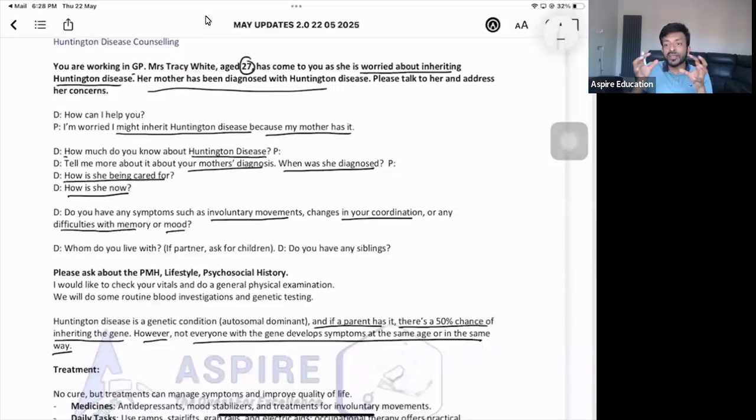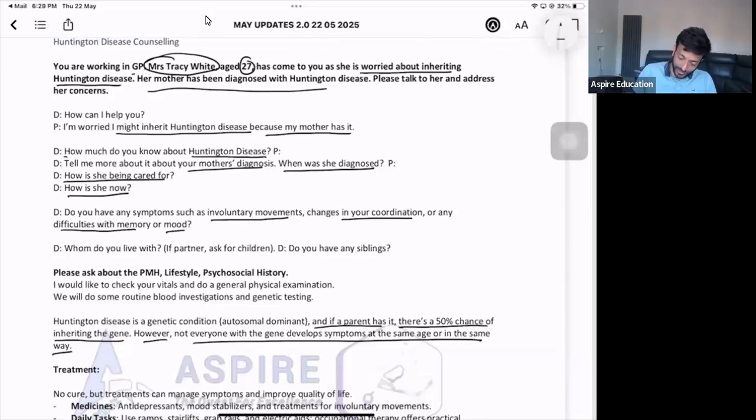So what I would like you to do in most of these scenarios is don't only think about this patient, think about others as well. Who else is there in the family? If you have got siblings or not, that is really, really important. And also, if this patient, Tracy, your patient, is planning to have kids or not. Because if she is going to have Huntington's in the future, then she can give it with a 50% chance, so her children may also have Huntington's.